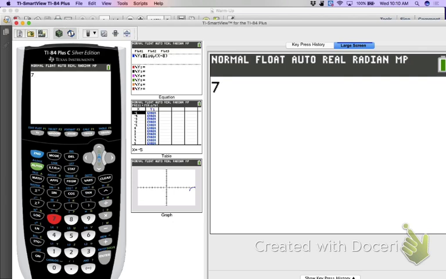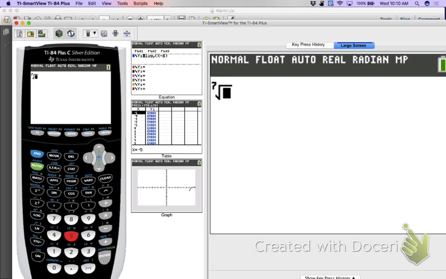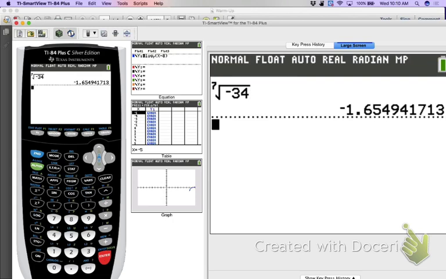And then I'm going to go math. I'm going to want to go to the 5, where it's the little x to the radical. If you have a scientific calculator, I think it's above the caret symbol, if I remember right. So I'm going to hit the 5, so it's the 7th root of negative 34. What I would suggest is hitting enter there and getting my value, and then just leaving it in and taking it to the caret of the 5th power